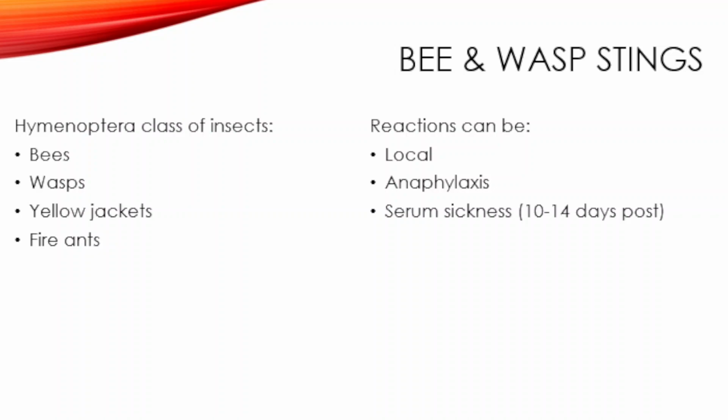This is the Hymenoptera, a class of insects. This includes our bees, wasps, yellow jackets, and fire ants. Reactions can be widely varying with our bee and wasp stings, and can be local, like a local infection, and even as far up as anaphylaxis, so an anaphylactic reaction on these guys. Can also get some serum sickness, and this kind of occurs 10 to 14 days post where